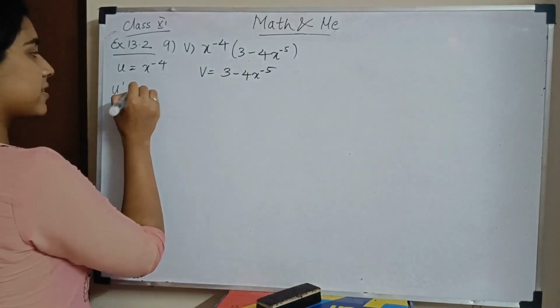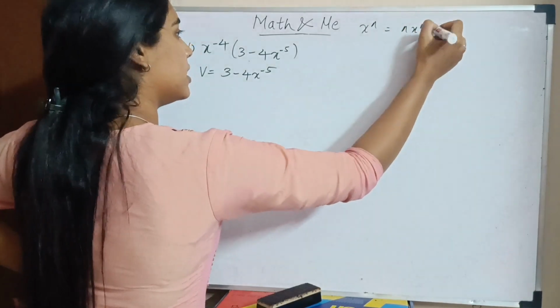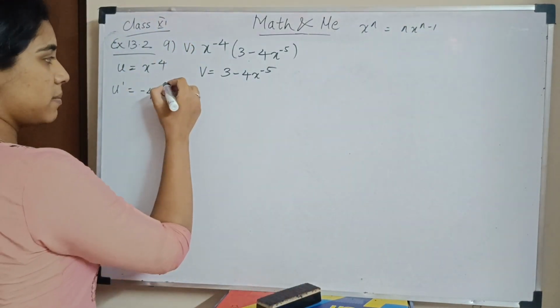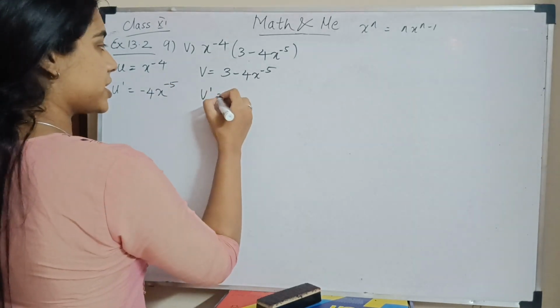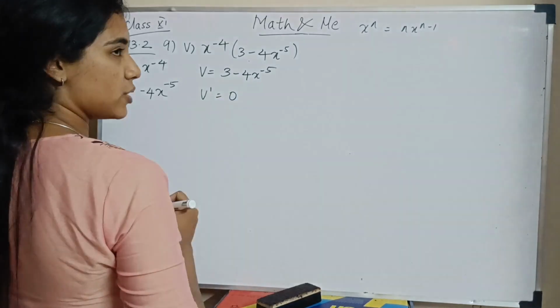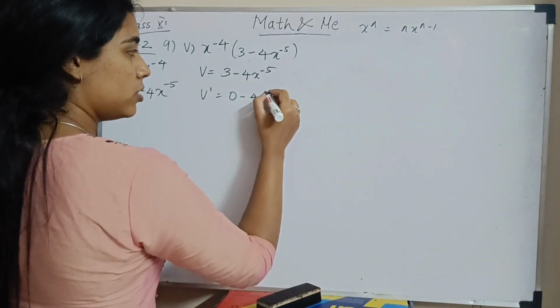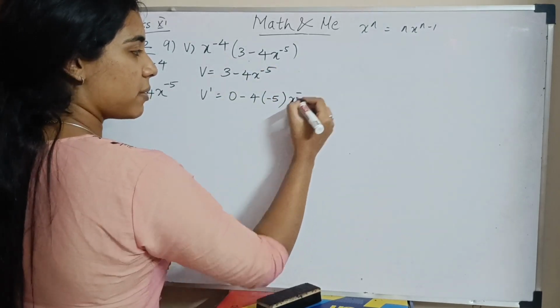So u dash, according to our formula, the derivative of x to the n is n x to the n minus 1. So minus 4, x to the minus 4 minus 1, which is minus 5. v dash: the derivative of 3 is 0, minus 4 stays as it is, times 5 comes down, so minus 5, x to the minus 5 minus 1,